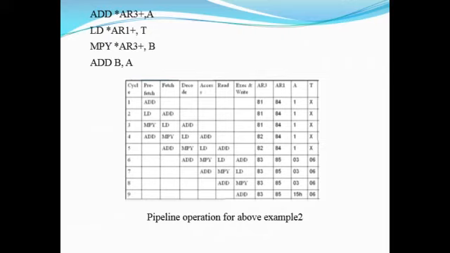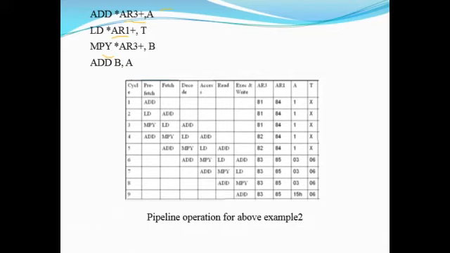So that is the pipeline operation for the previous example using these four instructions. Here, the content of AR3 gets modified and the content is added to A, and the result is stored in A. In this, the value from AR1 is loaded into the temporary register and incremented. Here, the content of AR3 is multiplied with B and the result is transferred to B, incrementing AR3, and the content of B is added with accumulator A, and the result after adding is transferred to accumulator A.